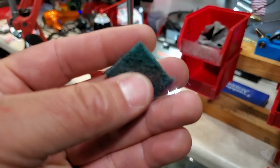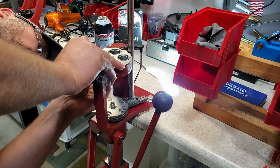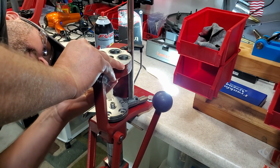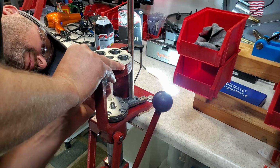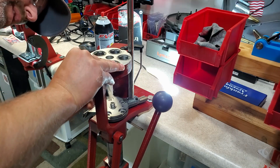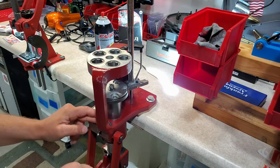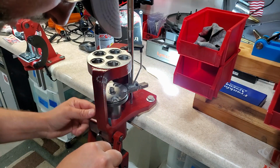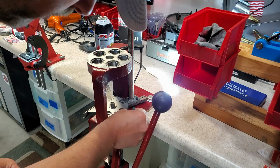Now for the next step is you need to scratch up that paint surface a little bit. Wherever the LED light is attaching and the cable management, you want to make sure you scratch up that paint surface, get some micro scratches in that paint so that adhesive has something to stick to. And all the way down the side of the press here, and obviously the side where your cable management is